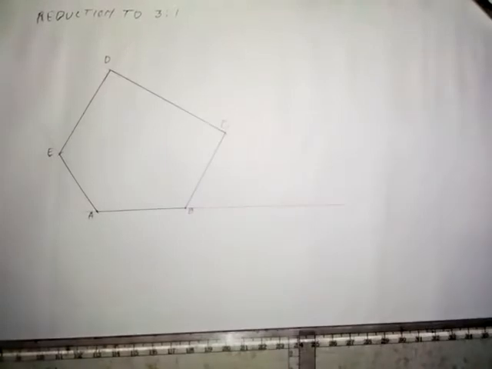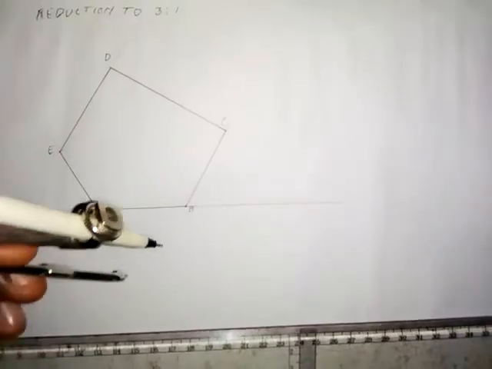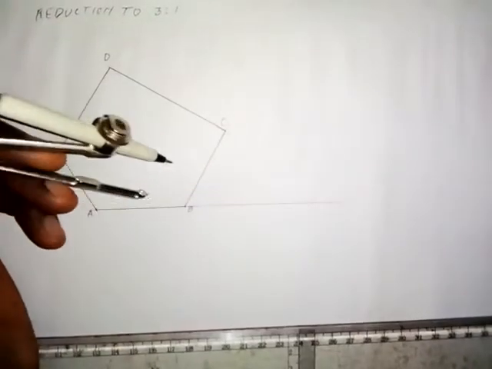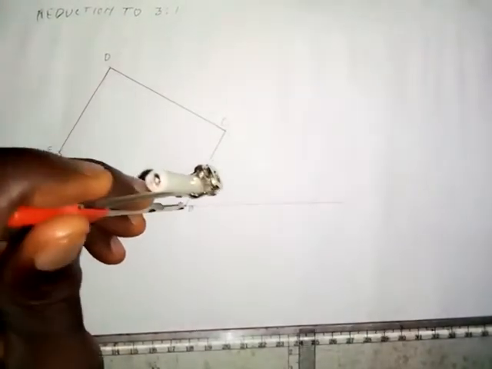So just draw it as I've drawn the line. Then take your compass and take any convenient radius and make 3 points on this line. So this is 1,